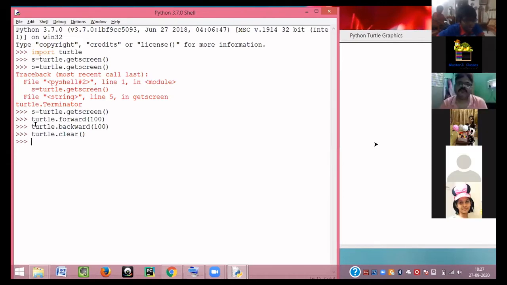Now, one very important thing comes over here. I'm writing turtle in every step. Turtle dot forward, turtle dot backward, turtle dot clear. So it's very difficult for me to write turtle in every step. So let me replace this turtle with a short form.